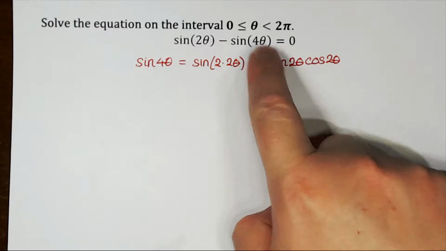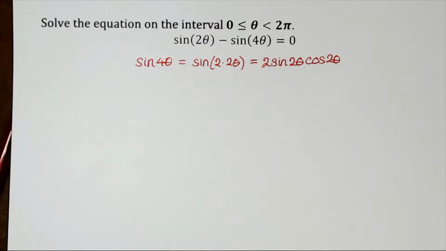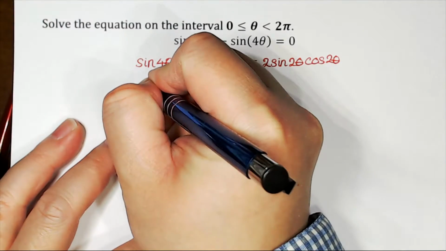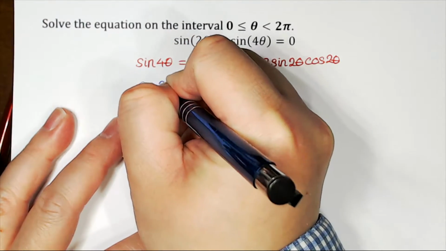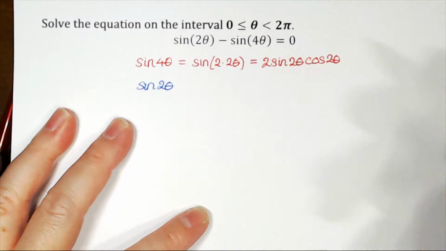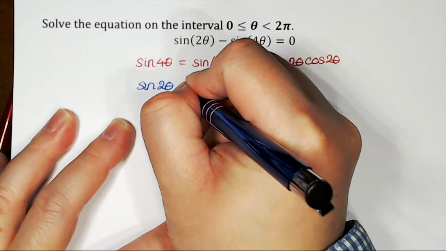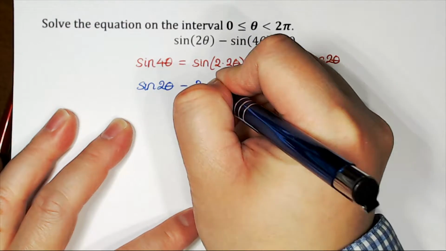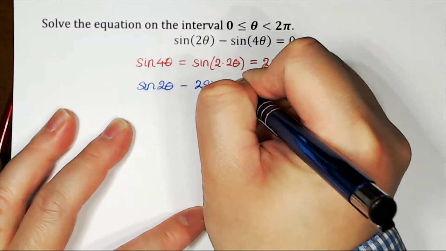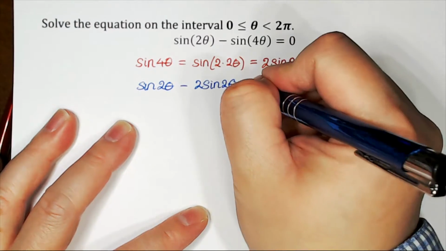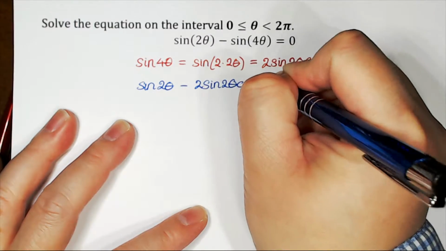Of course, we will substitute that in for sine of 4 theta. So we will have sine of 2 theta, we usually don't need the parentheses for that, minus 2 sine 2 theta cosine 2 theta